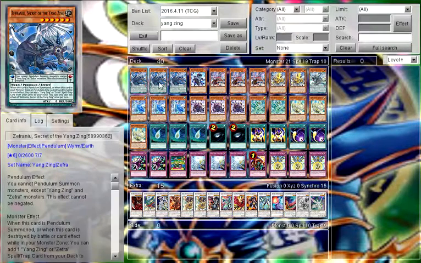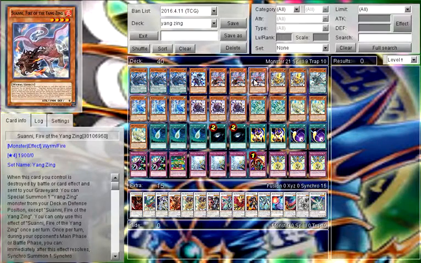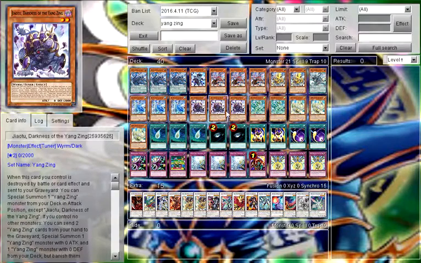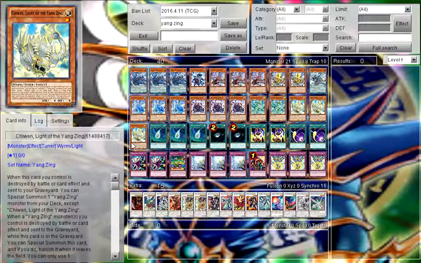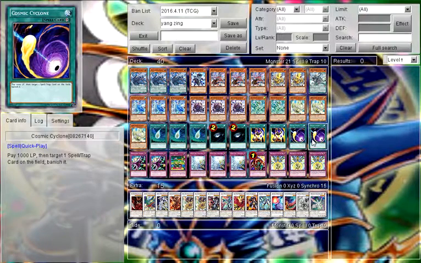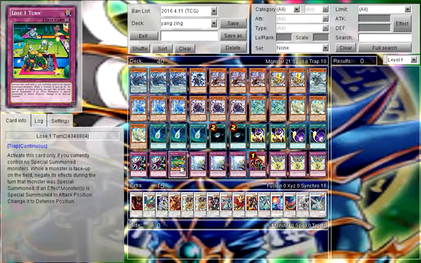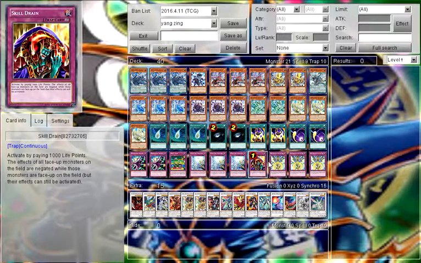Alright, so first we run 3 New Secret of the Zings, 1 Tautui, 3 Swannies, 2 Biens, 1 Sifraxi, 3 Bixie, 3 Jiaotu, 2 Pulaos, 3 Chi Winds for the monsters. For spells, we run 3 Zing Paths, 2 Dark Holes, 2 Thunder Crash, 2 Cosmic Cyclones. Traps, we run 2 Deep Prisons, 1 Lose Run Turn, 3 Zing Creations, 1 Skill Drain, and 3 of the